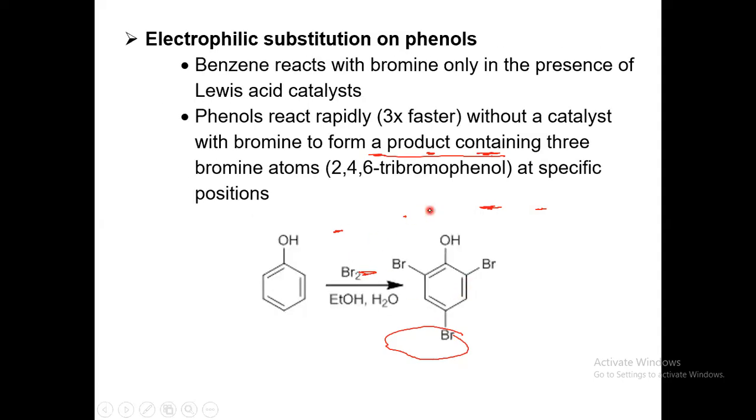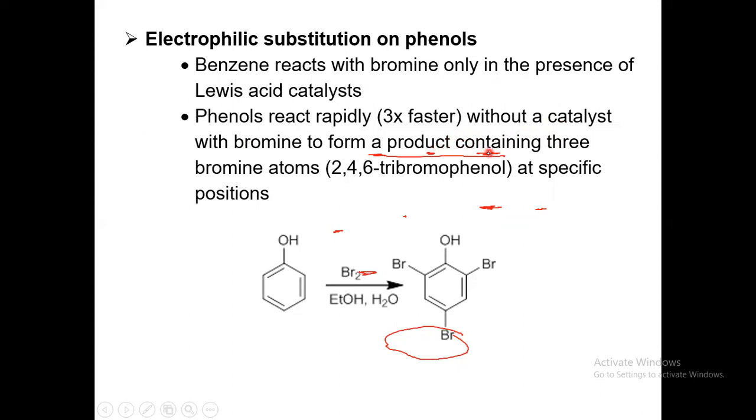Good. So the first specific example is electrophilic substitution on phenols. Now, we have already said that the hydroxyl group is an activator. So we realize that phenol is a lot more reactive than benzene. Benzene reacts with bromine only in the presence of a Lewis acid. That's on a normal day. But when you're talking about phenol, you don't even need any catalyst, and it will be so rapid. So we are seeing phenol reacts rapidly, without a catalyst,